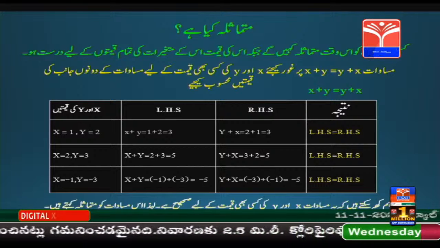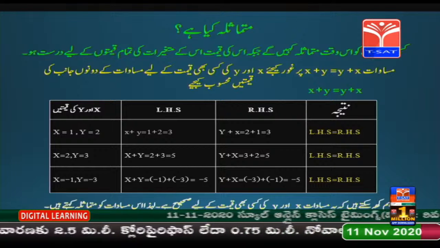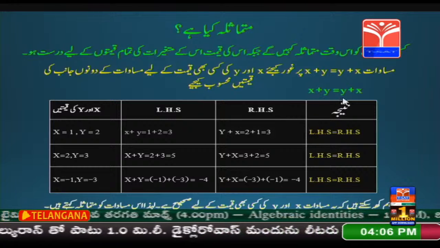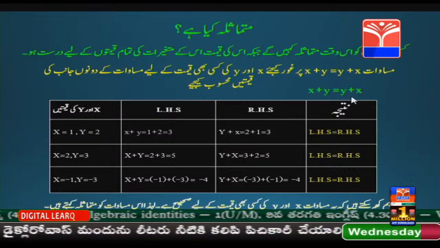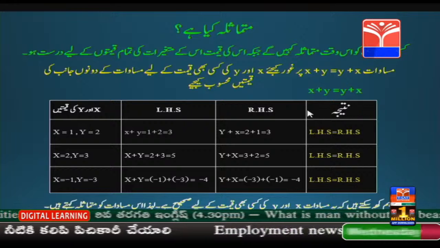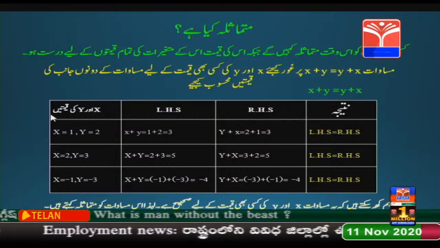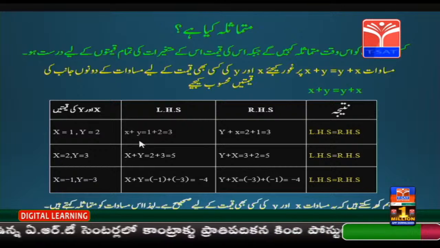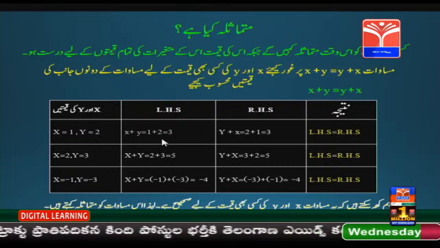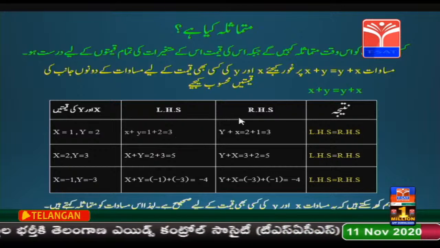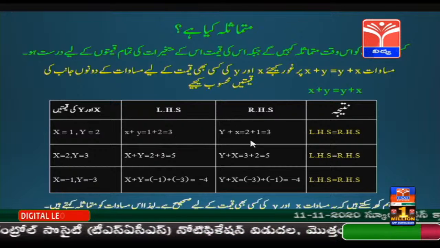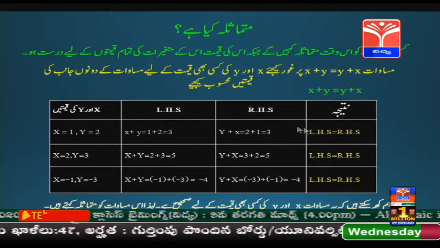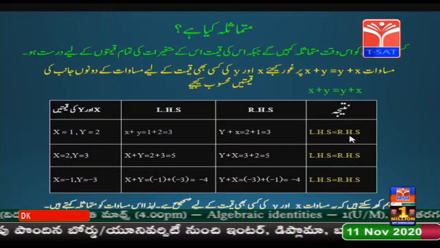ایکس اور وائی کی کسی بھی قیمت کے لیے مساوات کے دونوں جانب کی قیمتیں محسوب کیجیے۔ پیارے بچوں، x + y = y + x مساوات میں 2 متغیرات کی قیمتیں LHS اور RHS میں معلوم کریں۔ x اور y کی قیمتیں، x = 1، y = 2۔ LHS میں کیا ہے ہمارے پاس؟ x + y، x کی قیمت 1 جمع 2 مساوی ہے 3۔ اسی طرح سے RHS میں y + x، y کی قیمت 2 جمع 1 مساوی ہے 3۔ یہاں بھی 3 آ گیا ہے، یہاں بھی 3 آ گیا ہے۔ تو کیا ہوا؟ LHS کی قیمت مساوی ہے RHS کی قیمت، نتیجہ آیا ہمارے پاس۔